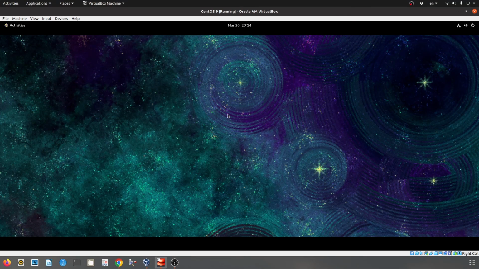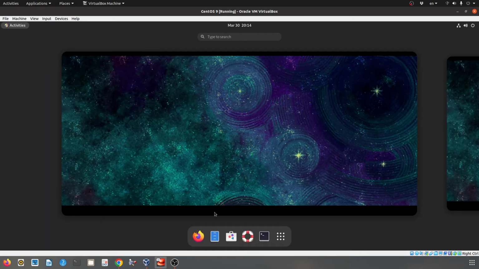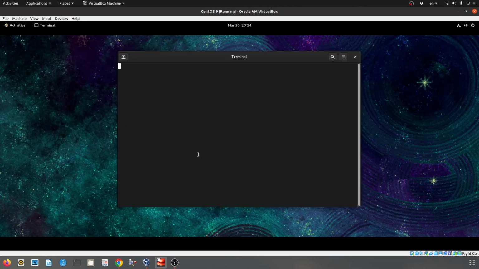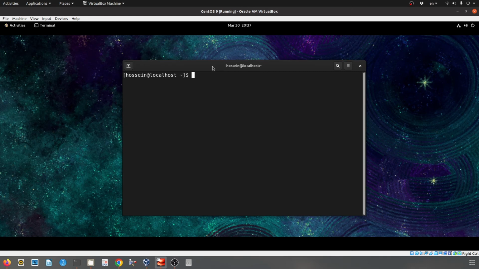Alright, the installation process in CentOS is almost exactly the same as what we did in Ubuntu, but there is only a subtle difference here. In some older versions of CentOS, like CentOS 6 or CentOS 7, your user account doesn't have sudo permission by default. It is no big deal because you can enable sudo for your account. I'm not going to teach you how here, but you can find some high quality instructions on the internet, and I'll put the link of one of them in the description box.